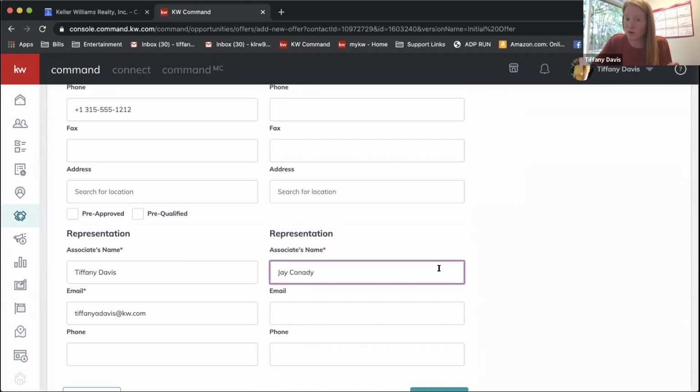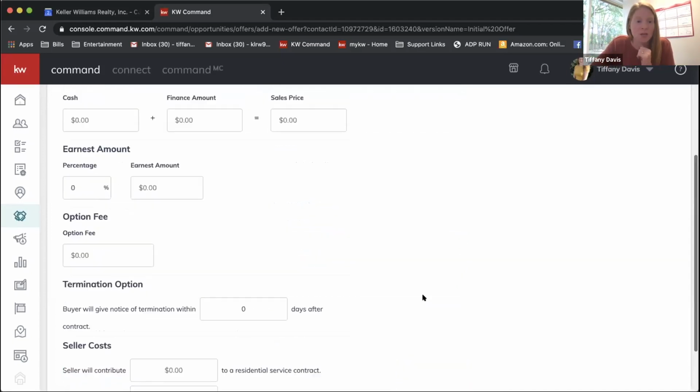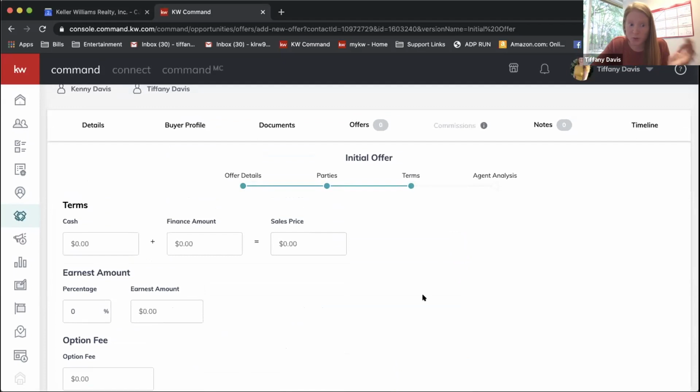This is a great way for you to take this information so you can use it to build your profit share tree in the future. So you have relationships with agents that you've done deals with, and you can keep that in the forefront of your opportunities. Terms. You guys are going to know how most of this works more than I am, but this is